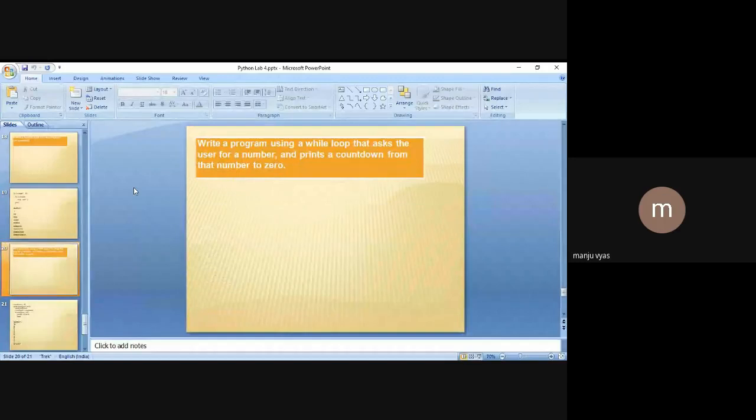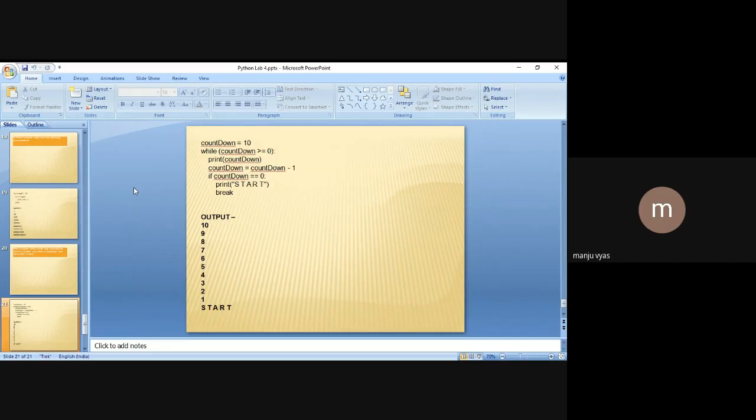So this was your demonstration of for loop. Similarly, see how while loop works. Here we have to take the input from a user, and print the countdown from that number to 0. For example, if the user has given the value 10, you will have to print 10, 9, 8, 7, 6, 5, 4, 3, 2, 1, 0, right? It's very simple. You have to simply